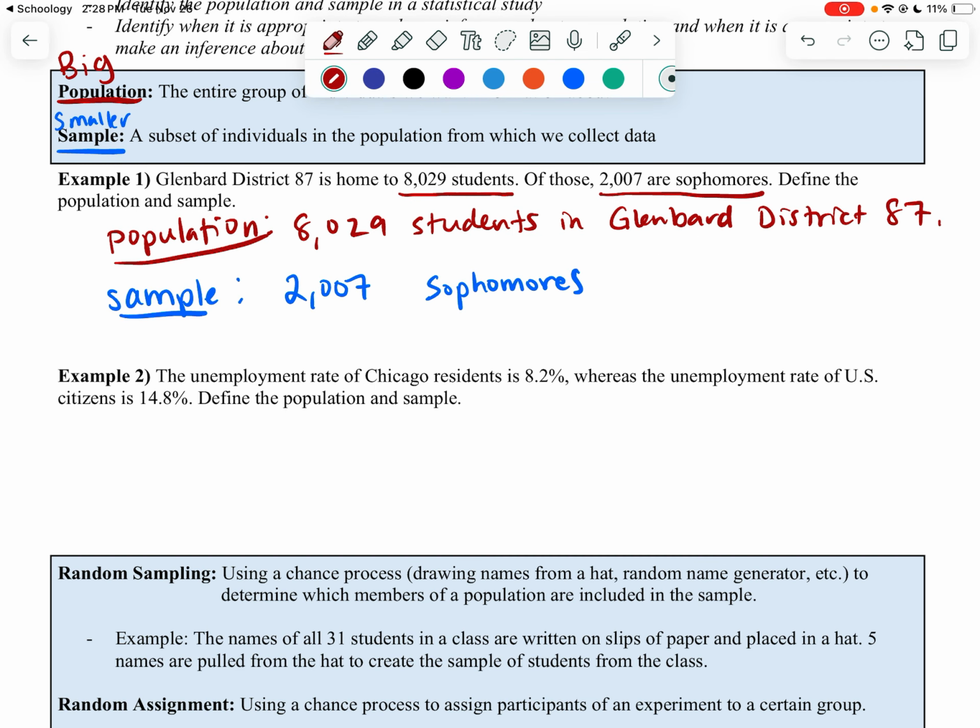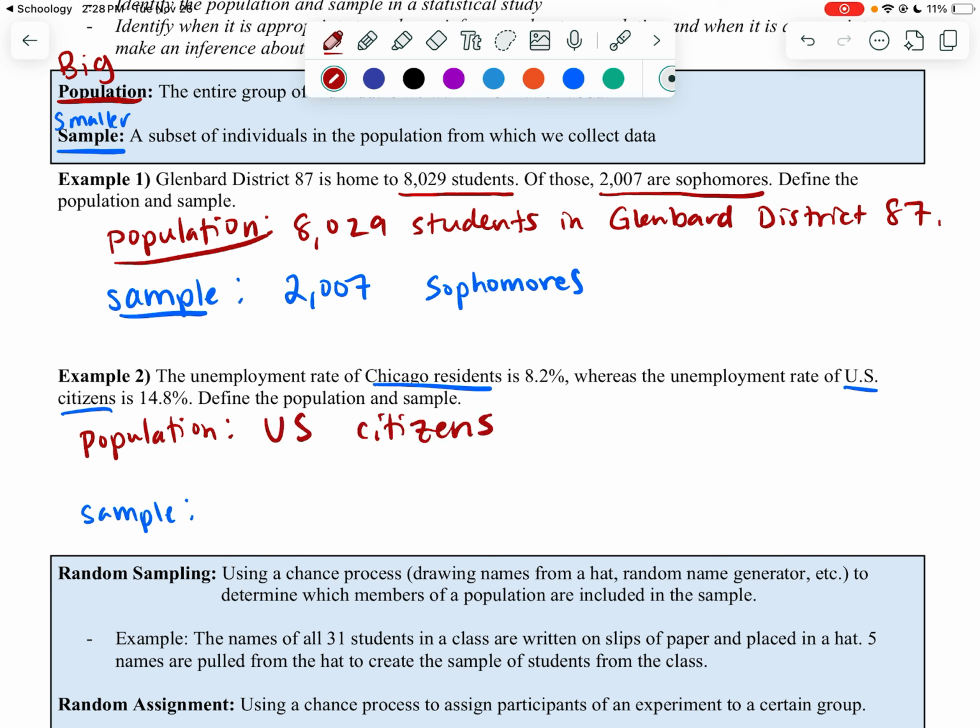Okay, so number 2, the unemployment rate of Chicago residents is 8.2%, whereas the unemployment rate of U.S. citizens is 14.8%. Define the population and the sample. Okay, so this one, again, you're thinking what's the bigger group? And I don't want you to just look at the numbers because that may not necessarily tell the whole story, but think about what those groups are. You have Chicago residents, and then you also have U.S. citizens, right? So what group in that is going to be bigger? Hopefully you're thinking it's the U.S. citizens,